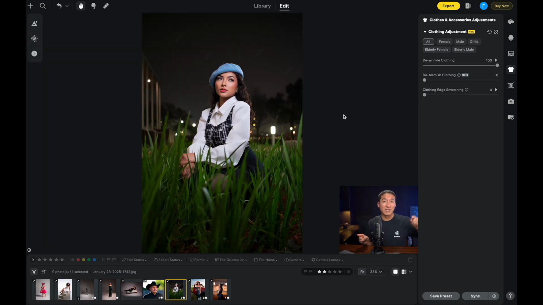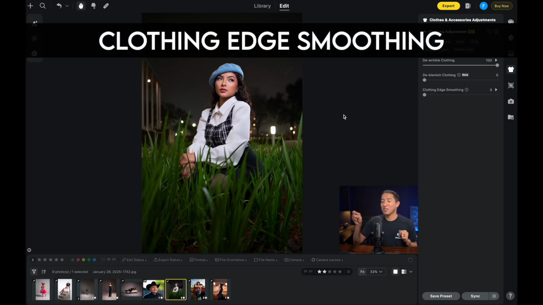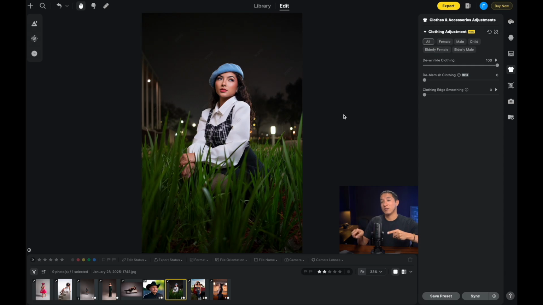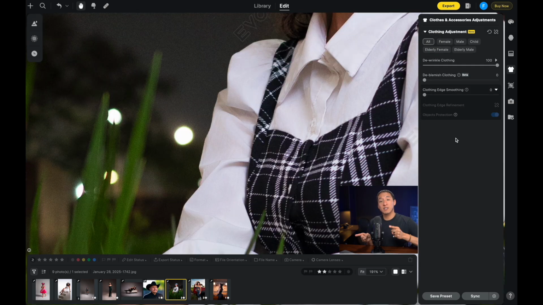The very next feature is actually right next to Deblemish clothing, and it's called Clothing Edge Smoothing. And basically this is going to be perfect for what you're going to see in this photo that I took of the Bonnie earlier this year. I zoomed into this section of the Bonnie's outfit because it's going to be perfect for showing the feature called Clothing Edge Smoothing. So I'm going to enable that to 100% so you guys can see what it just did,